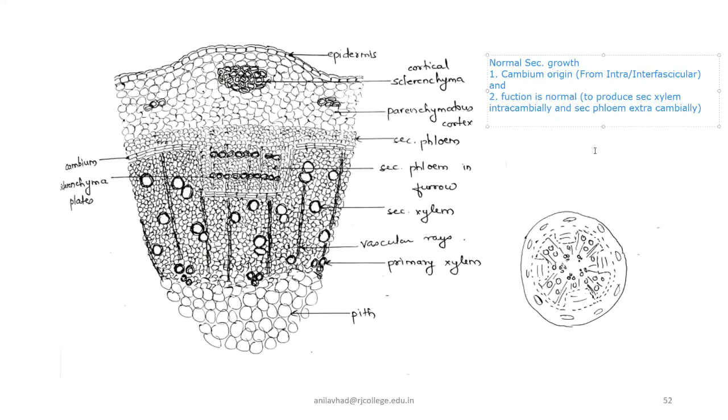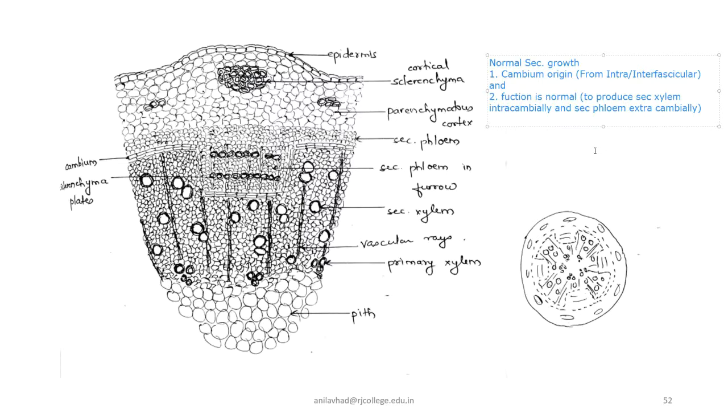Today we are discussing anomalous secondary growth in Bignonia stem. In the last session, we discussed what is meant by abnormal secondary growth. In abnormal secondary growth, either the origin of the cambium or the function of the cambium is abnormal. And if either of these cases occurs, that kind of secondary growth is referred to as anomalous or abnormal